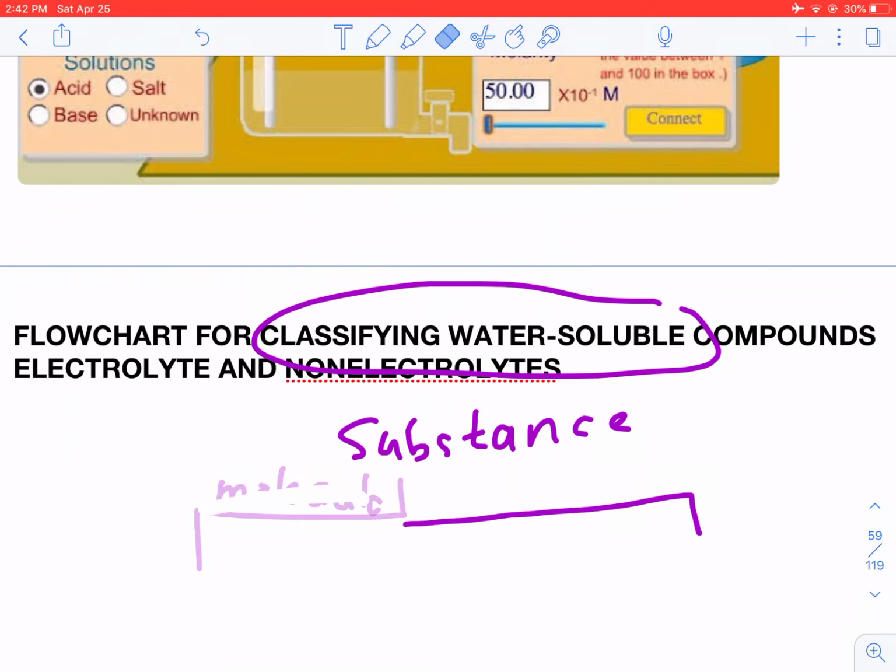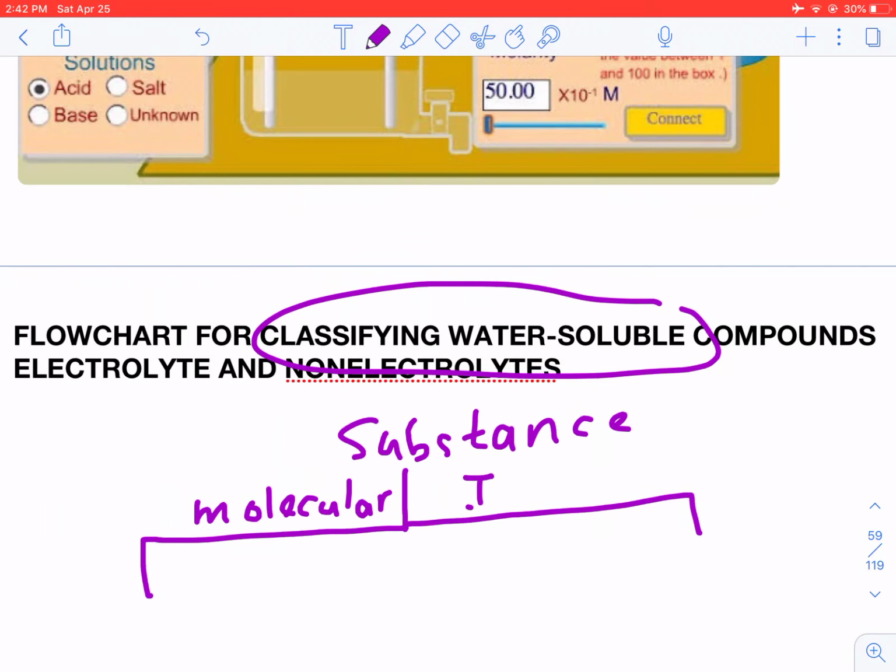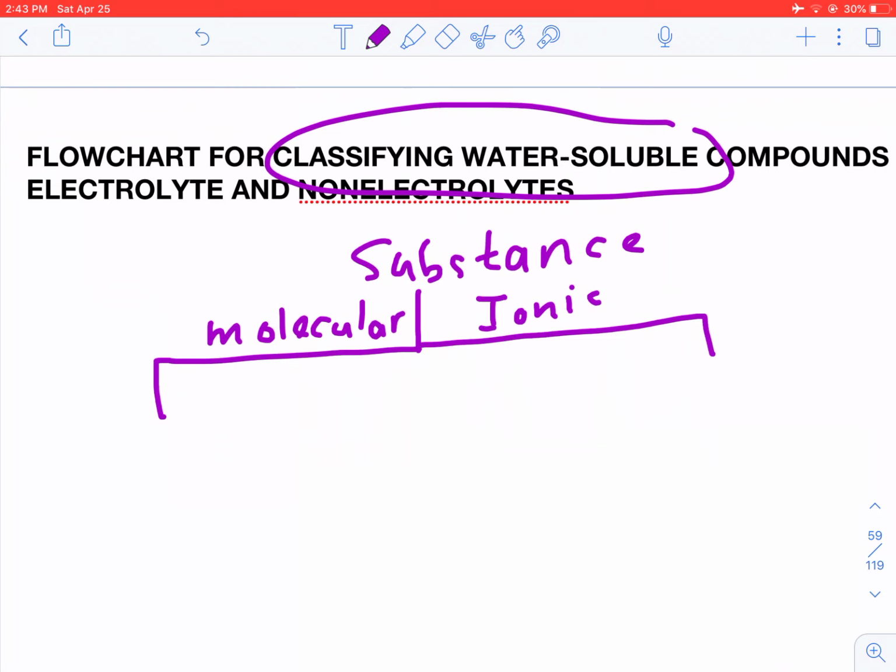let's draw it a bit better. So let's say that is molecular, right? And let's say that is ionic, right? And if we look at this, so let's say we have that and we have that, right? And let's say